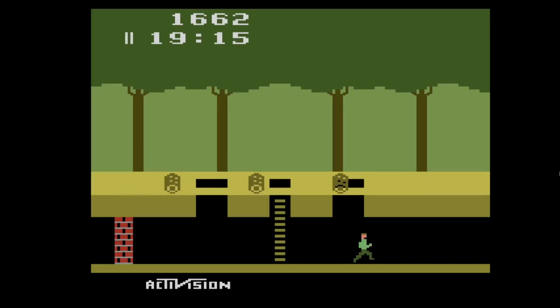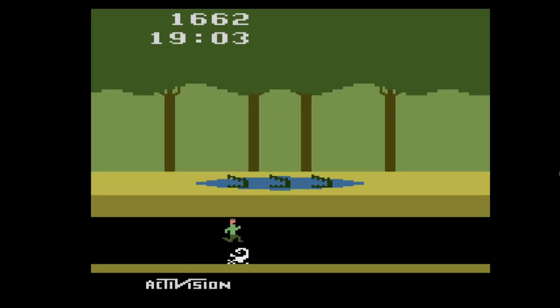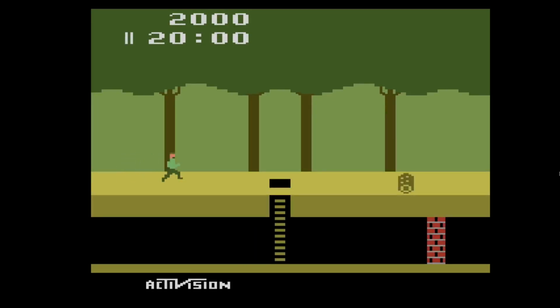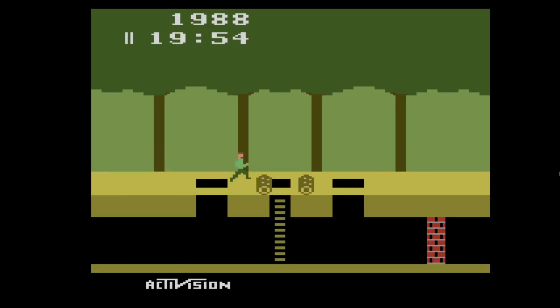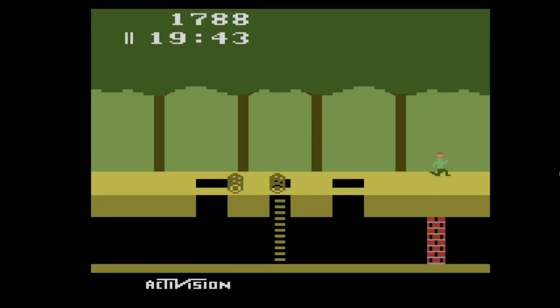Pitfall. I already reviewed this game in the 80s home computer video, but to sum it up, I prefer the Atari 2600 version to the C64 version. It looks a lot better, it plays better, that's just about it. It's just better in a lot of ways. It's more fun to play, the graphics just look so much better, and it's just iconic. This is one of the first third-party games on the system. Remember that. As Activision being the first,